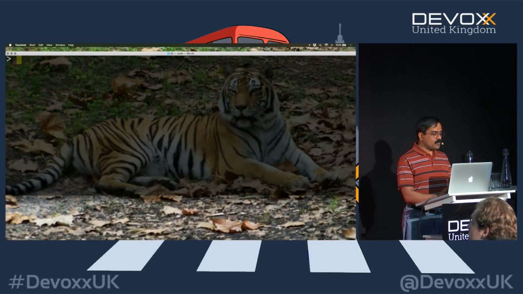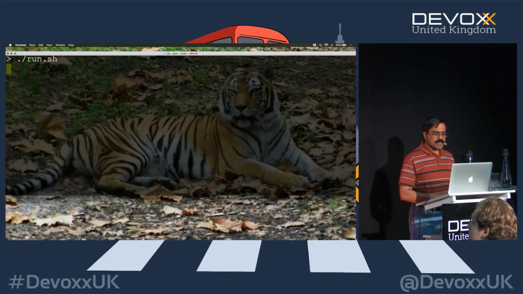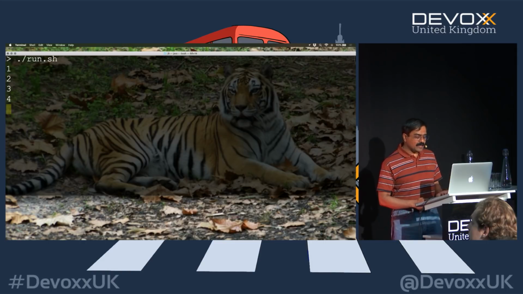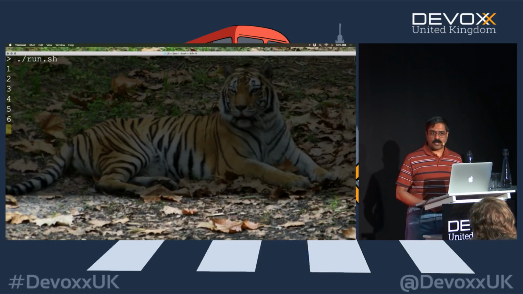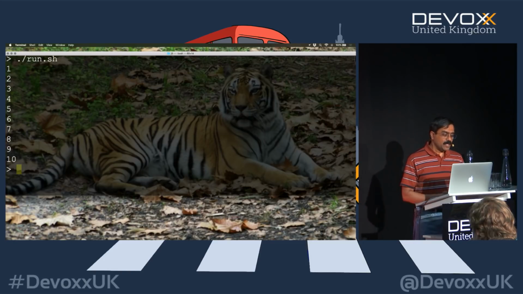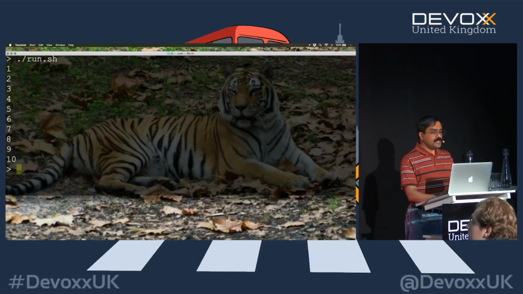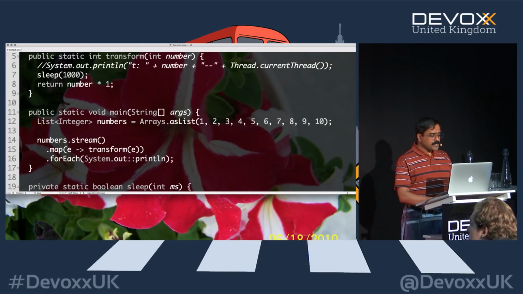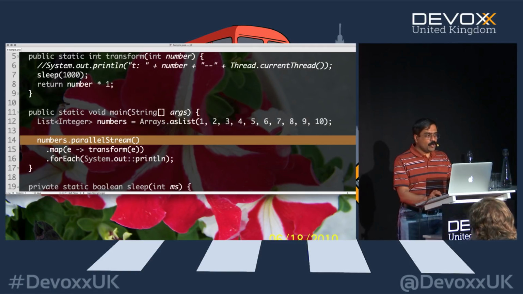And as you would expect, when I run the code, you can see that the output is exactly in the same sequence as the original collection was. A list is an ordered collection. Because list is an ordered collection, the iteration happens in the same order, and you can see the values 1, 2, and all the way up to 10 being printed. But because a list is an ordered collection, the question is, what's going to happen if I do a parallel stream? Well, when you do a parallel stream, there is no guarantee of ordering at that point.